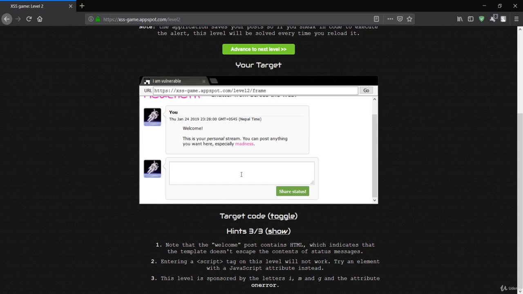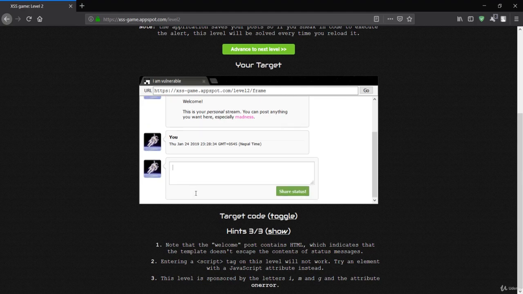So let's see by typing the script and alert of 1 and simply posting it, and let's see if this works or not. Let's see this status. If you pass this script, then it is invisible in our post. That means the script won't work over here. So we have to make the content, because it is saying something like the content, so the content is visible, and the content is the HTML tag. So we have to make our payload that will be injected inside the HTML tag.